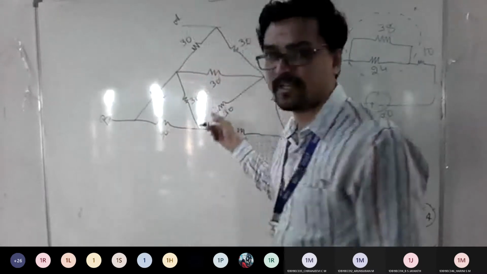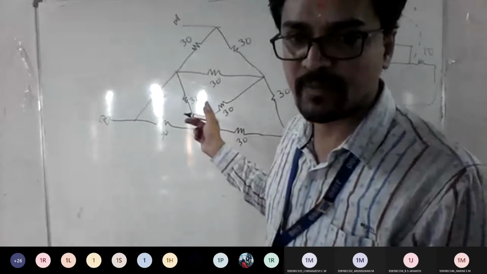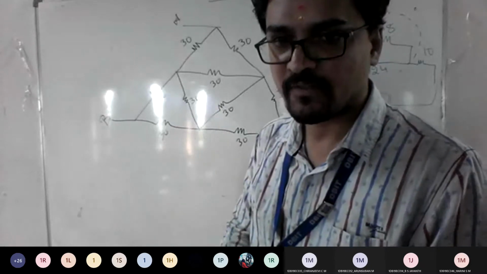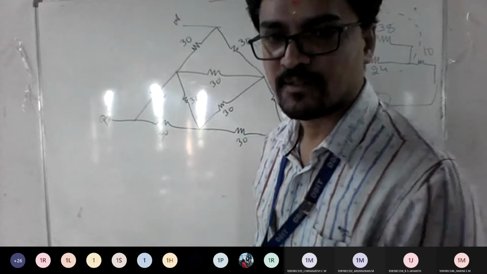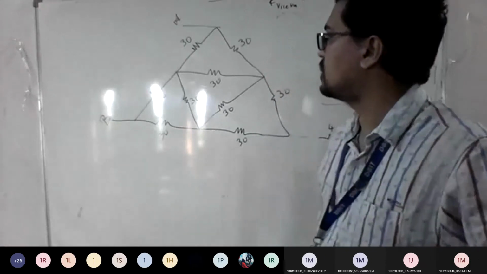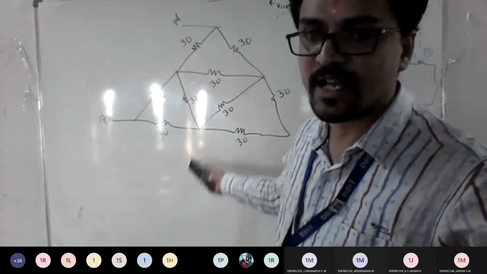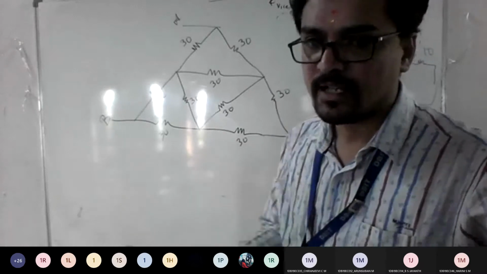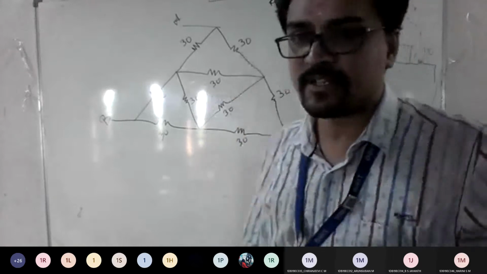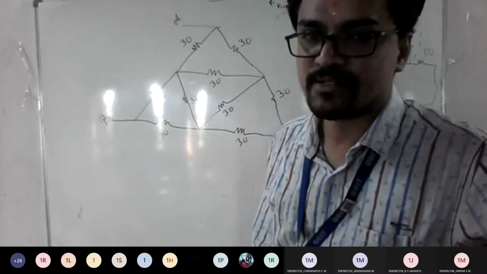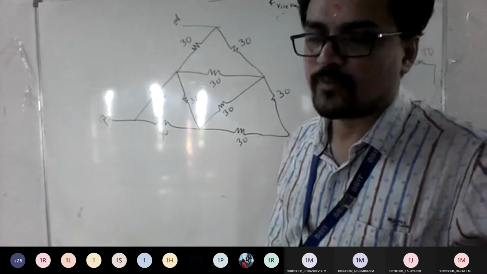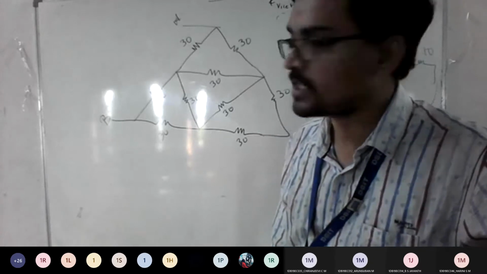See, if you get such kind of network, solving using mesh analysis becomes lengthier. Is the concept of star delta clear, everyone? Is it fine? The question is visible here, so now it's your task. Since all the resistors given are the same, it won't be much of a problem to solve. If they are different, then only you will commit mistakes. So try to practice more problems after knowing the logic here.